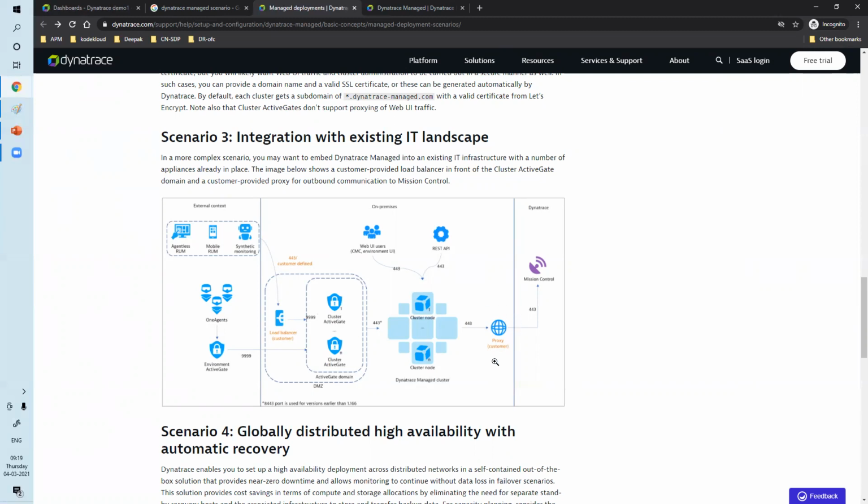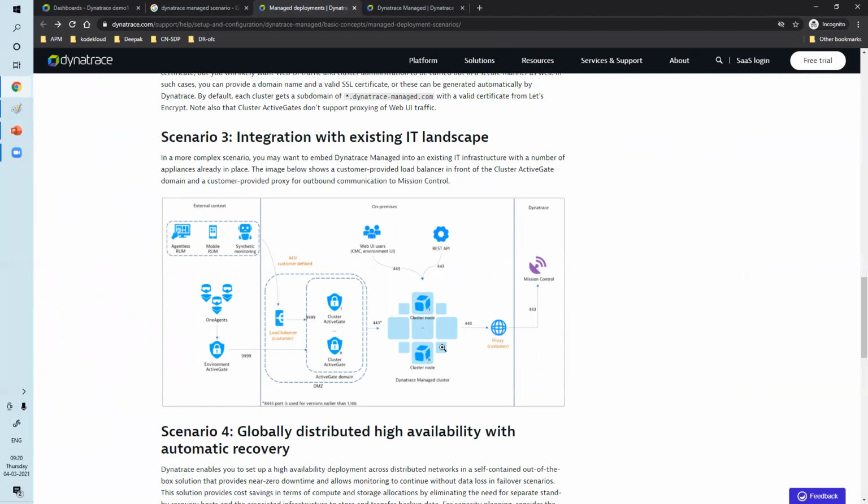Now you're coming to proxy. Now the customer says, I don't want to pass upgrade and license status, all those things, directly to mission control, because through mission control, Dynatrace accesses your environment. Through mission control, a Dynatrace member can access your complete environments.